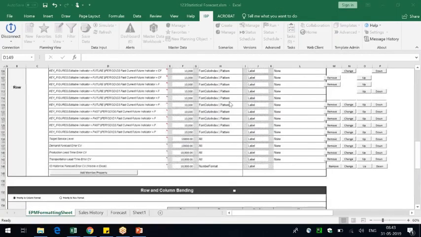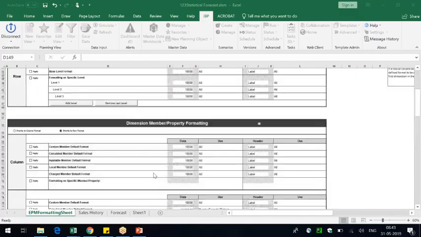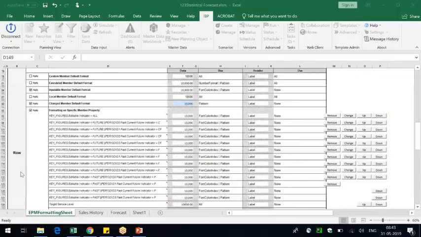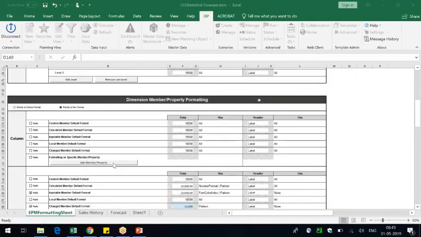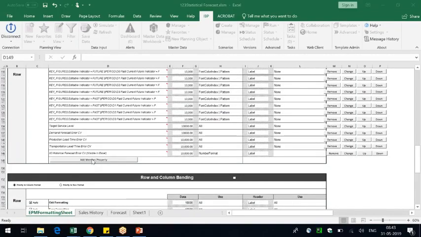So it has multiple facets, like what is a hierarchy level formatting. Then we have the column level, row level. So this is where you know, key figure by key figure. So now I'll add a member here. What member am I adding? I want to do a formatting for consensus demand. So I have to add the consensus demand and give the formatting that I want.